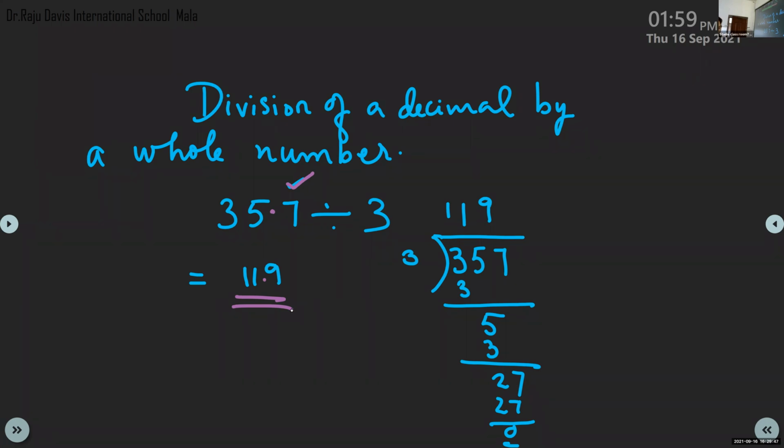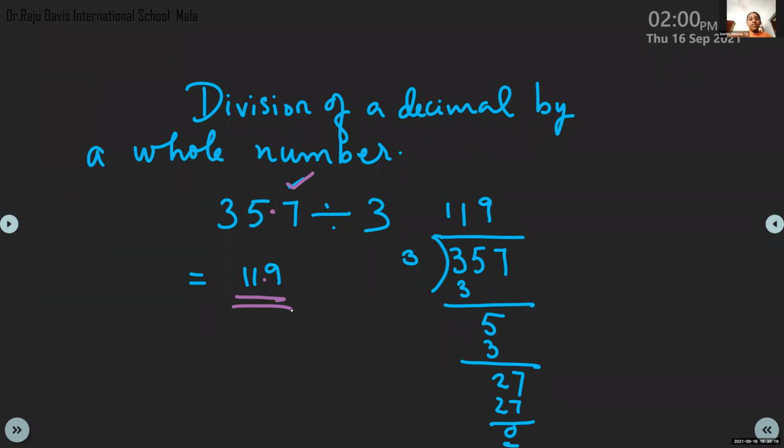Okay, ma'am. Now, ma'am, if there is any remainder and all? Such questions, you can write the remainder also should be divided. By putting the decimal point, we can add zeros to the right. Decimal division you have studied, no? Yes, ma'am. We have studied in lower classes how to divide. This topic is covered already.